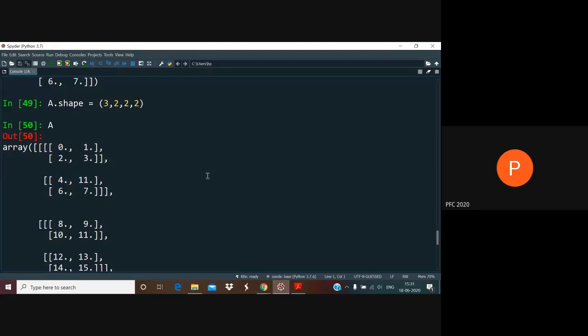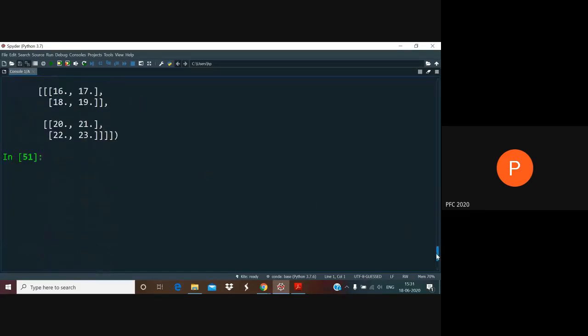For most of our purposes, thankfully, we are going to need 1-dimensional, not 0-dimensional, 1-dimensional and 2-dimensional arrays. But 3 or higher dimensional arrays are often useful, especially in modern machine learning applications. They are very, very useful actually. So it's not as if nobody uses them.